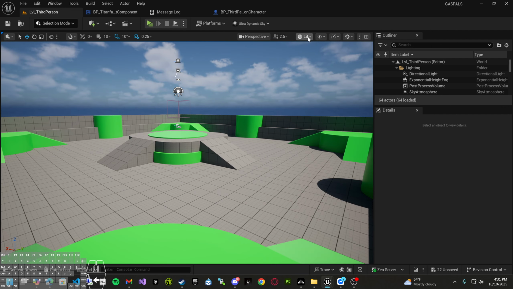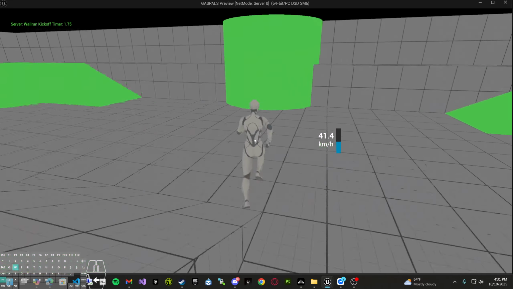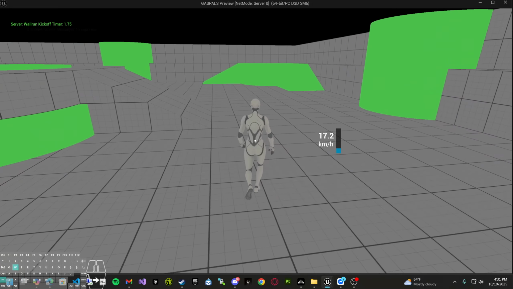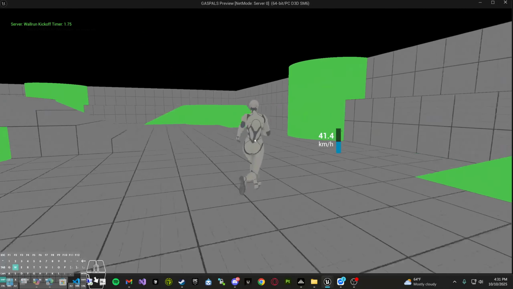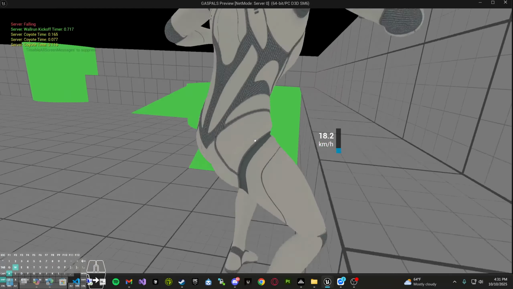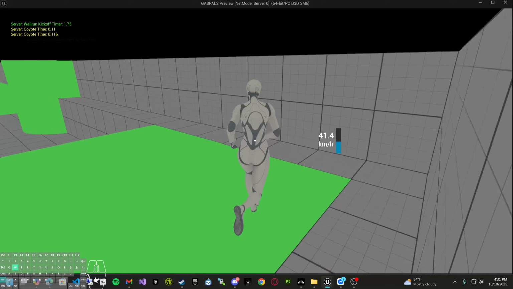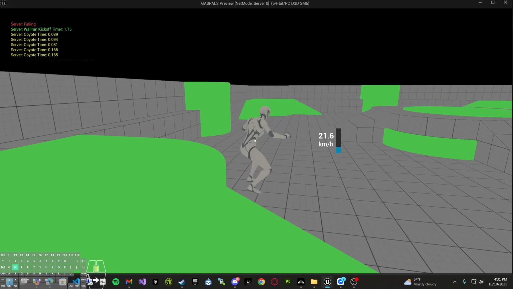And I don't know why it's so laggy. Trying to show it off. All right, yeah, we can show it off this way. So yeah, you could slide, and you'd have to add your sliding animations, but we are indeed sliding. And if we try to wall run, we are indeed wall running, just as we should. And we can also